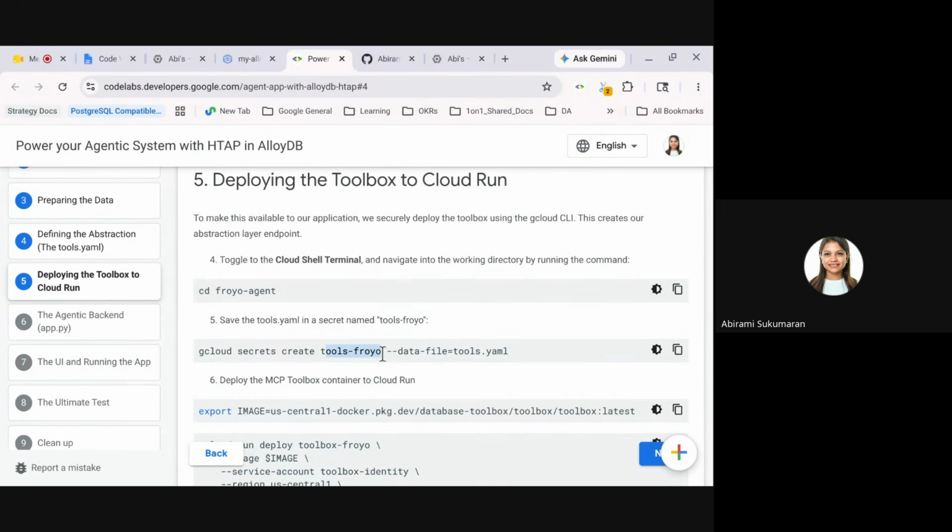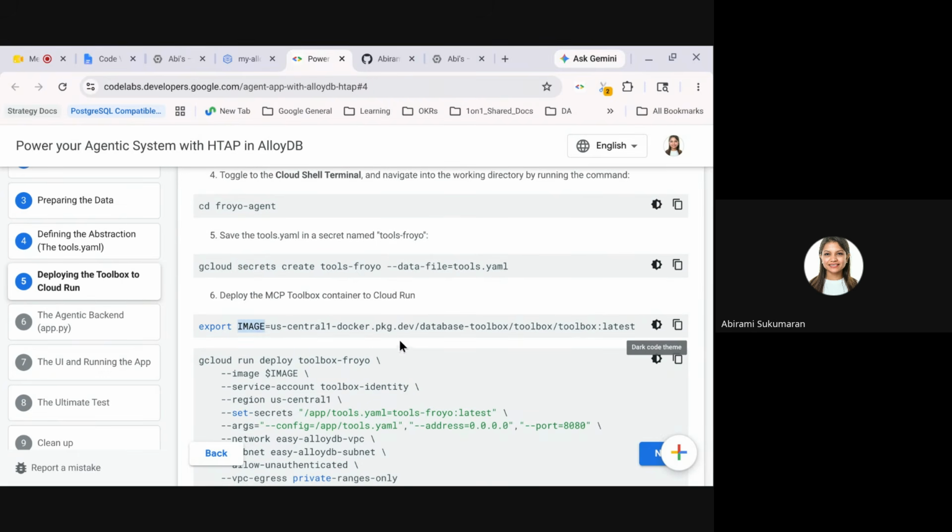Why do I do this? Because I need to hold this tools.yaml somewhere. You can store it in whichever way you want. You can just store this as an environment variable, but it will be a lengthy file. So it's better to keep it as a secret for long-term storage. You would need this if you're running and making changes in your environment. So better to store that as a secret and then export your image. You point your image to your